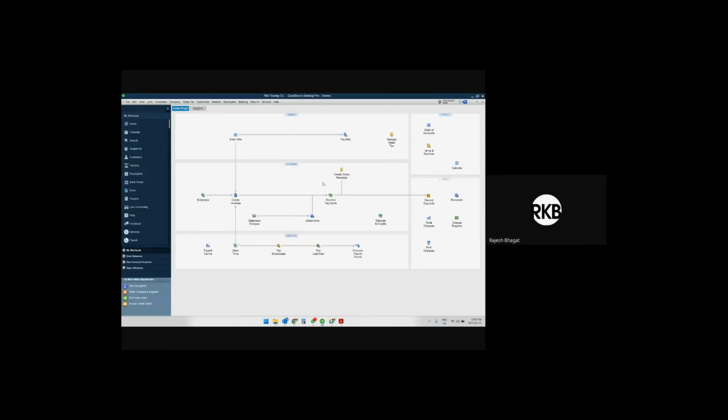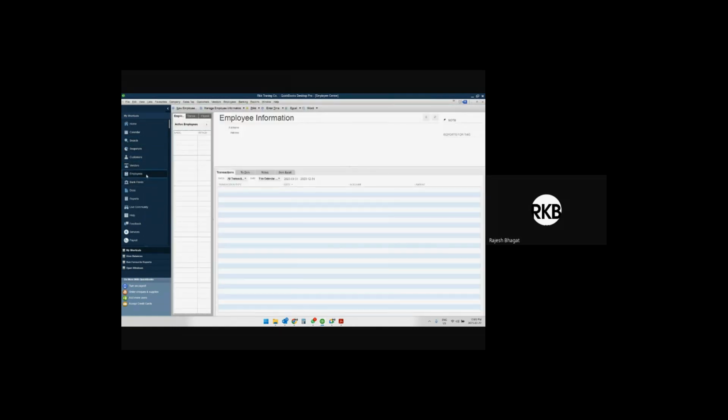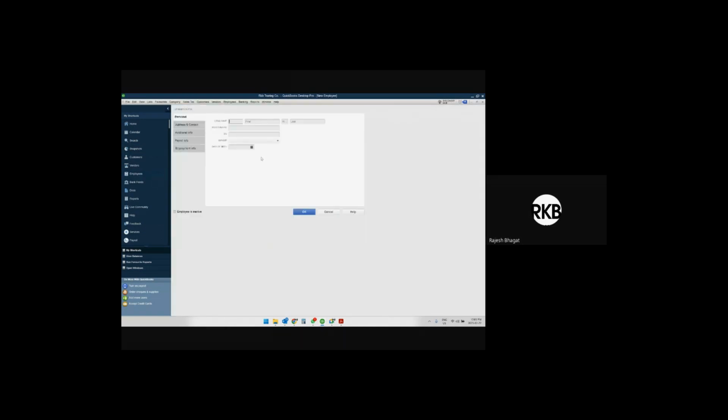Now let's do a payroll in QuickBooks. So employee, new employee, John Smith, SIN number. It will give me an error, invalid. Okay, it doesn't allow me. Gender, male. $2,001. Address,